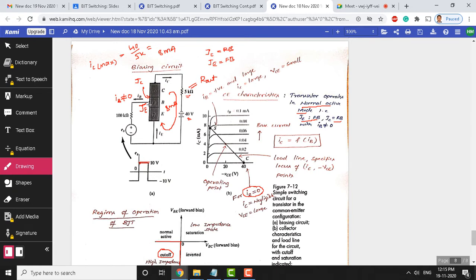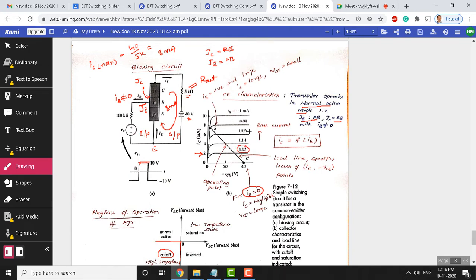Now you can see the emitter base junction becomes forward biased. This voltage we are applying with reference to the emitter. The emitter is common between input and output. The collector and emitter act like an output, and the emitter and base act like an input. So this mode is called common emitter mode. Now as we increase the base current, starting with say 0.02 milliampere, you can see the corresponding collector current increases to 2 milliampere.